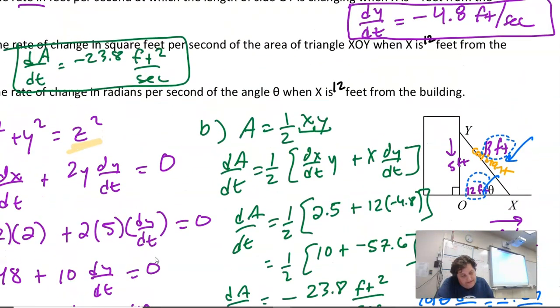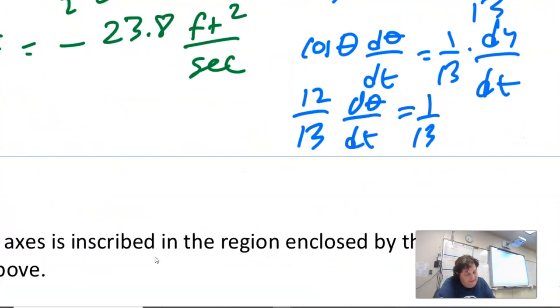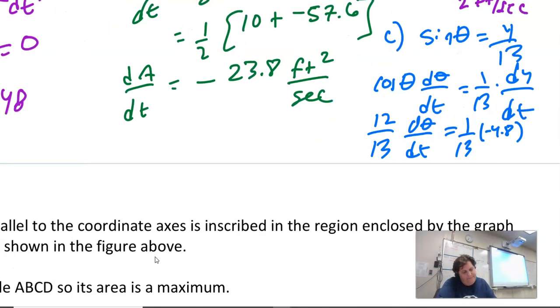And then dy dt is negative 4.8. Okay? To solve for d theta dt, I need to multiply both sides by 13 over 12, which will cancel that, and it'll cancel out those 13s. So basically, I get